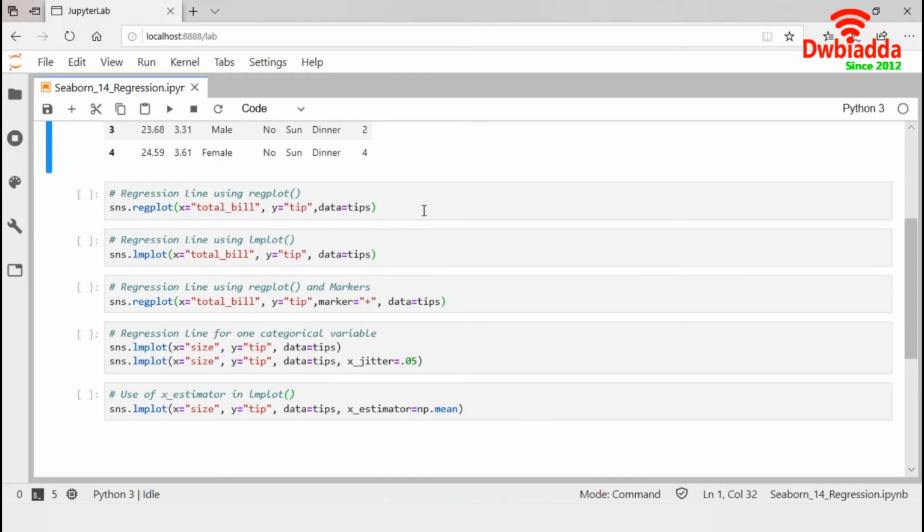Regression plots in Seaborn can be easily implemented with the help of the regplot function. This regplot creates a scatter plot with a very simple linear regression plot. We are going to draw our first regression plot using this regplot function. We are setting total bill on the x-axis and tip on the y-axis. Let's execute this.